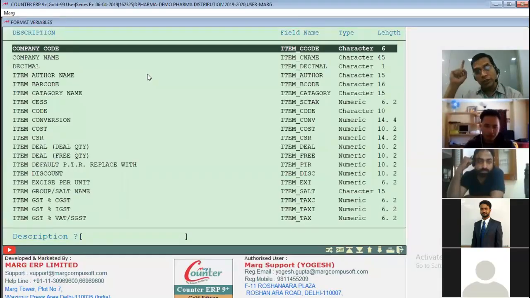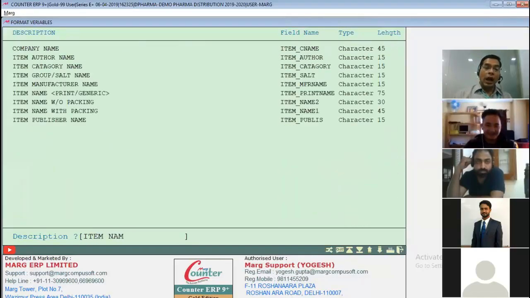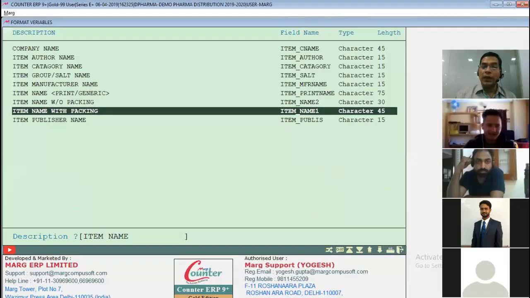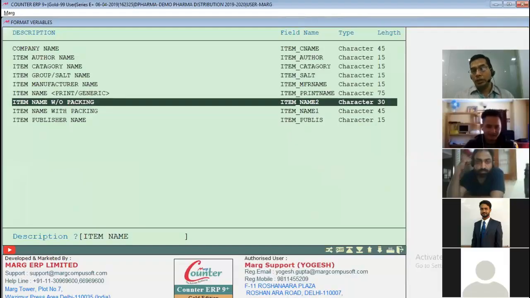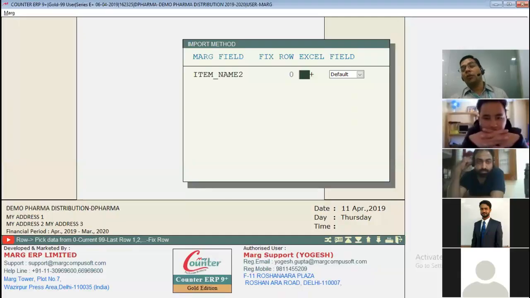Same window is coming which came yesterday while defining the bill formatting. Now I put here item name. Item name with packing, without packing. Means I have packing inbuilt with it or separate. So now without packing. It is in which column of Excel?